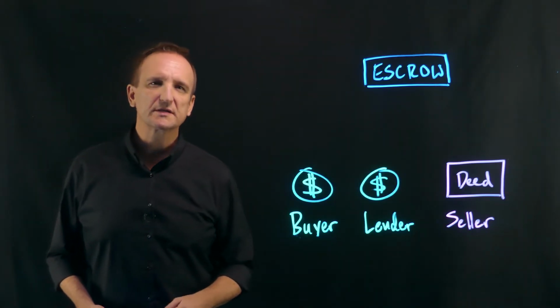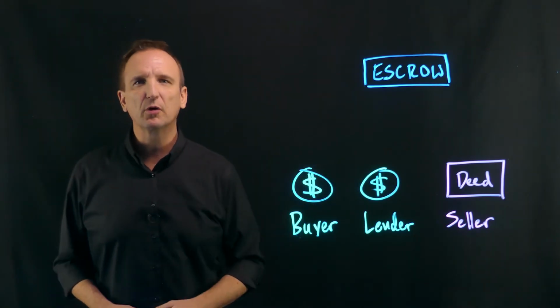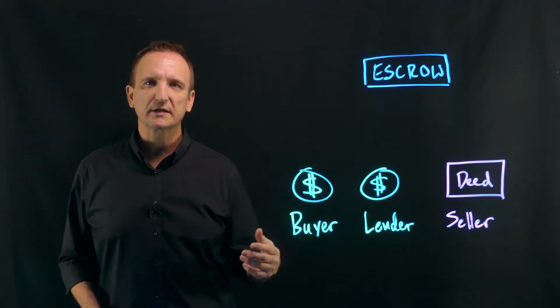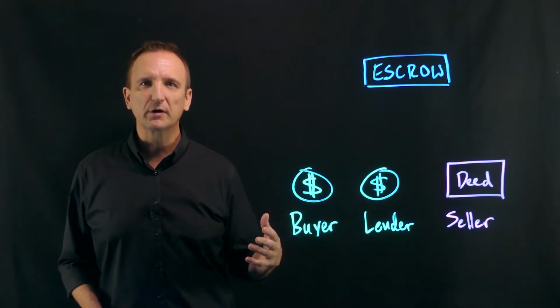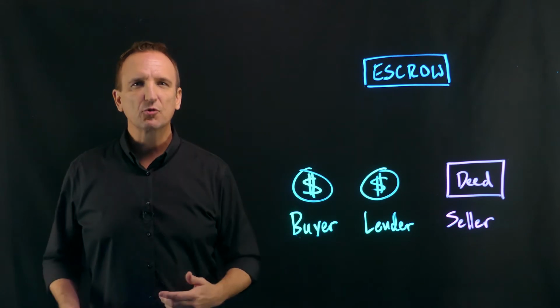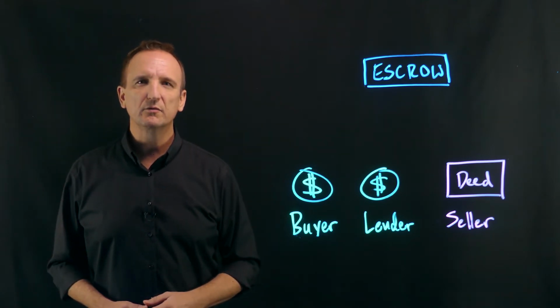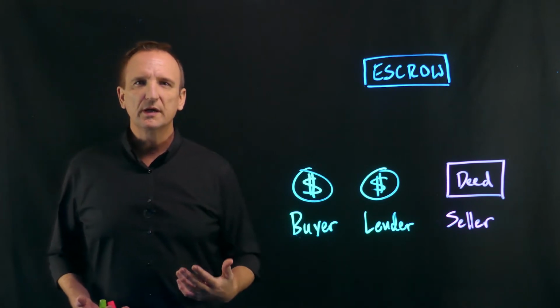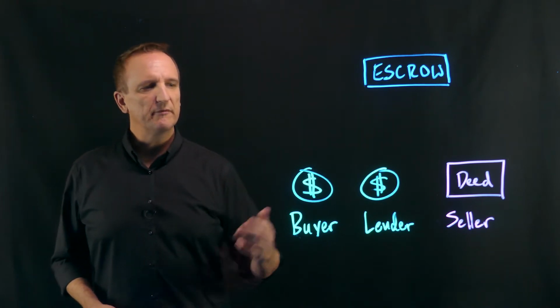Escrow is the process of having a neutral third party take possession of cash or other assets when two or more other parties are conducting business. Escrow plays a pivotal role in the real estate market because without the escrow process, you might have a buyer